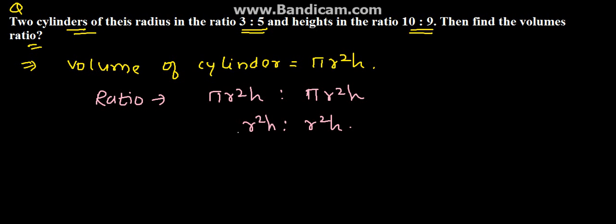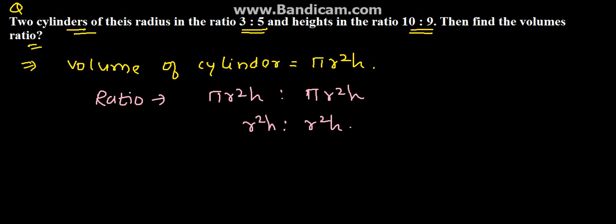So in the first case, we can cancel here r square also, so we'll consider only r is to h. So here we can consider r h is to r h. We have not taken the square part. So r here in the first case, or we can keep r square h also.